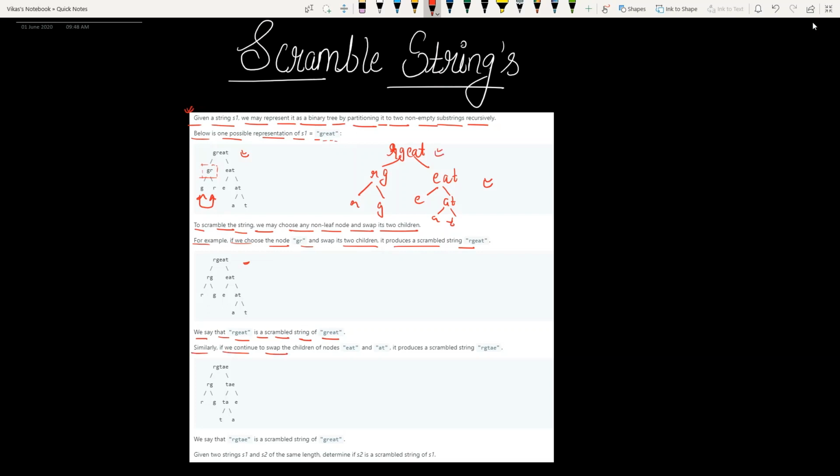Similarly, if we continue to swap the children of node eat and at, it produces a scramble string rgtae. So if we swap the children of eat and at, then we get a scramble string like this: rgtae, where r and g correspond to r and g, and ta is going to be ta, and then it is divided into two substrings, that is ta and e.